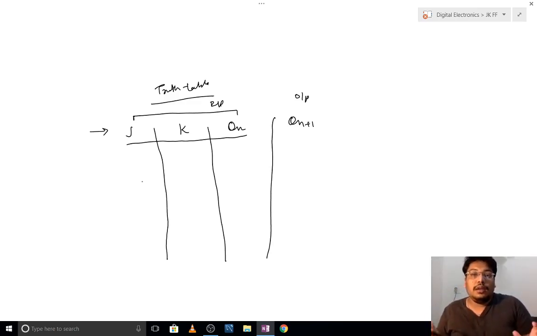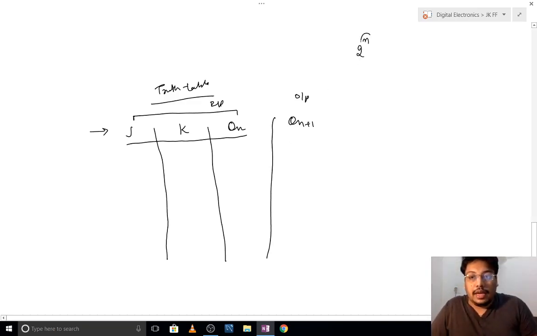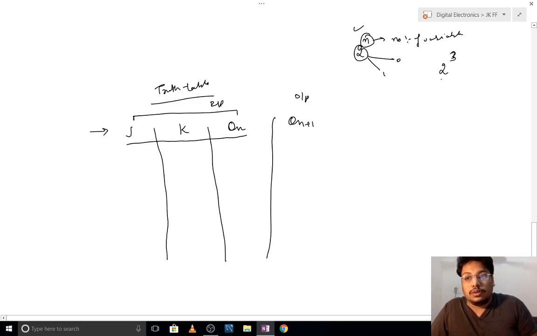So how many combinations can we have? It will be 2 to the power n, where n is the number of variables, and this 2 means each variable can be either 0 or 1. Now we have three variables J, K and Qn, and all can have only two values, 0 or 1. So the total combinations will be 8.